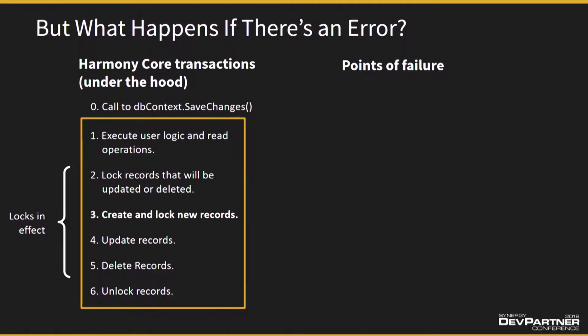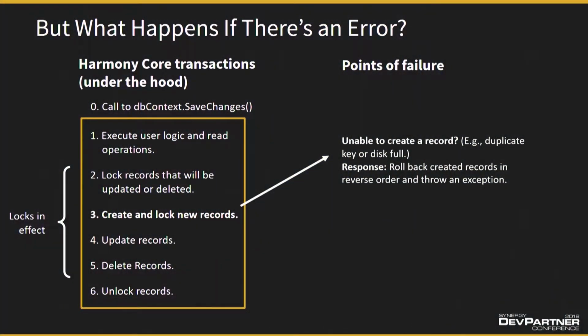So if I'm in the create and lock new records phase of things, what happens if I've written 10 records and then the 11th one fails? I was unable to create a record. Maybe I ran out of disk space, or maybe there's a secondary key that's a duplicate of something else that's already written to disk. And that key doesn't allow duplicates, so it's going to fail. You can't write that record to disk. So we get that failure,